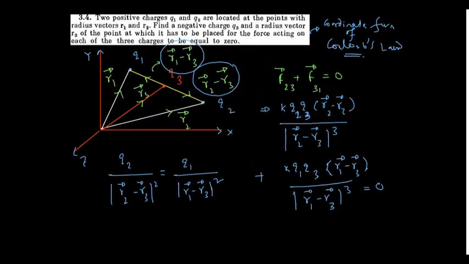Okay. So again, from the beginning I will discuss. It is a simple application of the coordinate form of Coulomb's law. I have taken two charges q1 and q2 as described with radius vectors r1 and r2, and q3 is in the middle. After depiction of the corresponding directions of the radius vectors, I am applying the triangle law of vector addition to get the radius vector between 3 and 2, then between 3 and 1, and then I am applying this zero force condition. This is the zero force condition. All right, fine. I hope you have understood. Let's proceed.